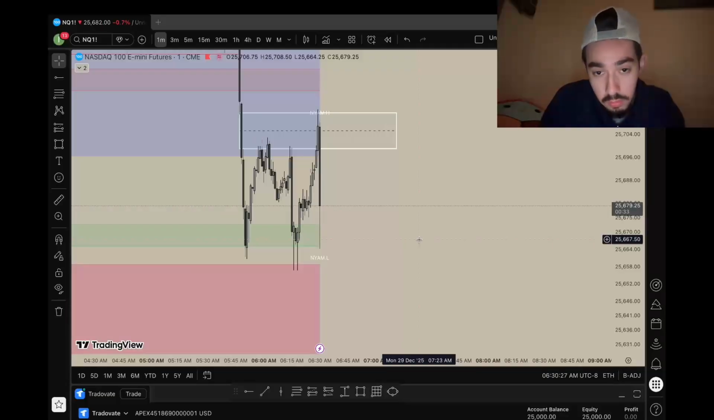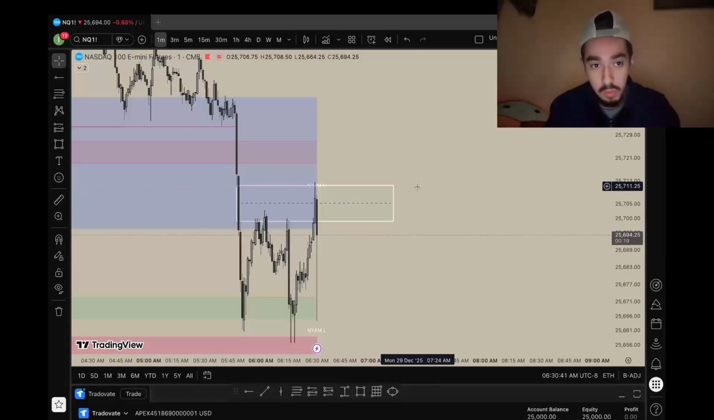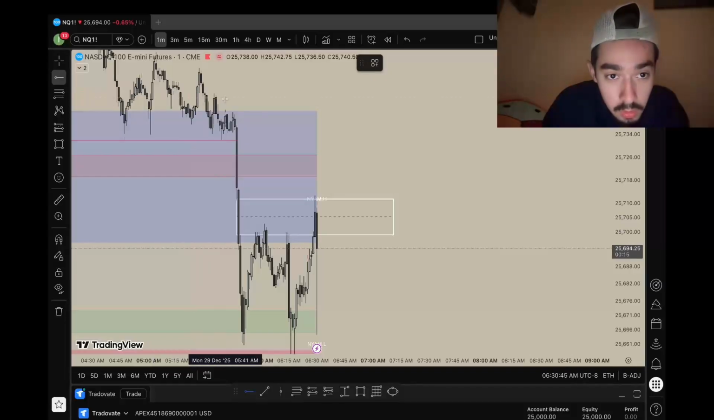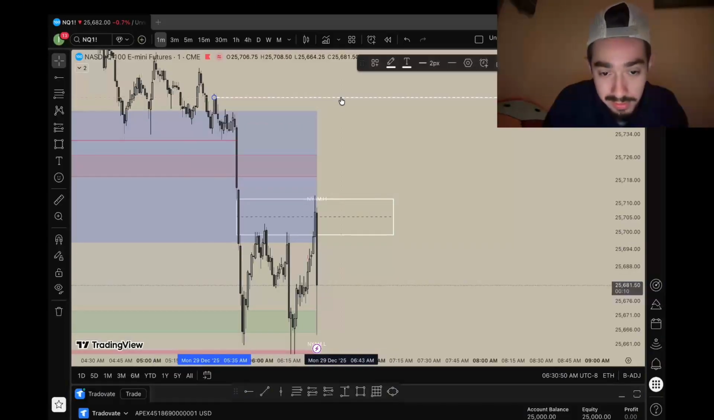So it just came down to sweep liquidity. I mean, that usually happens, but I do see it being a little bit bullish in my opinion. But I'm not the market maker. I could be wrong, but